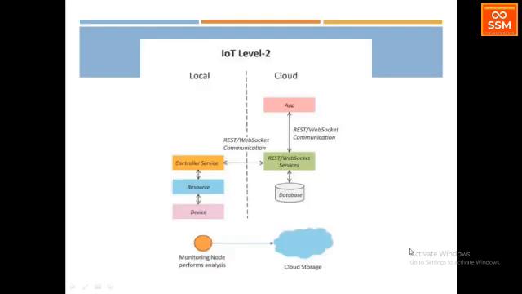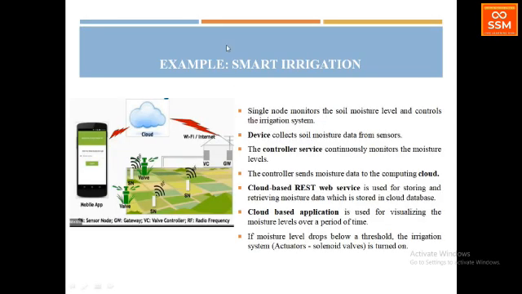Next is another real-time example of smart irrigation. I place a sensor everywhere, and the sensors monitor the soil moisture. The data can be transferred to the cloud through a mobile app, and here you can remotely control the amount of water poured for agriculture.